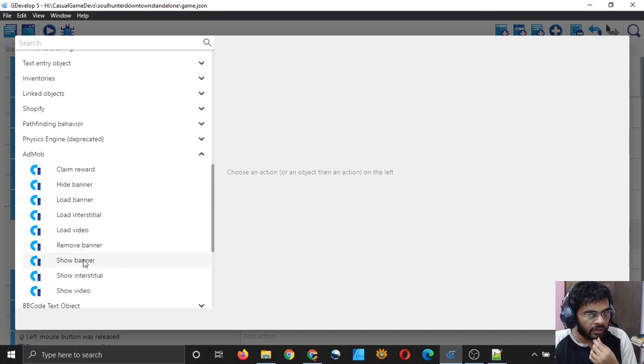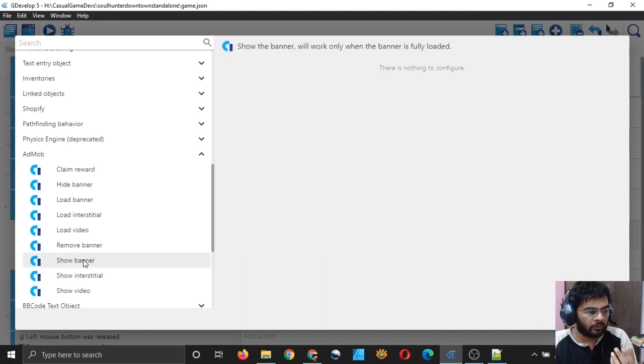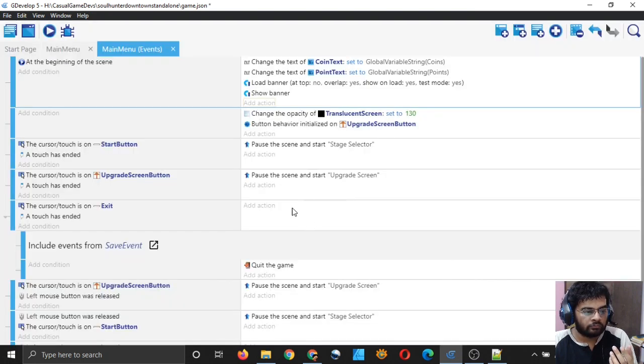There is a show banner statement, and although we have selected in the load banner statement that we want to show it after it loads, I will explicitly also select show banner. Although it will show the banner in this command only, because we have selected show on load yes, I will still explicitly say to show it.